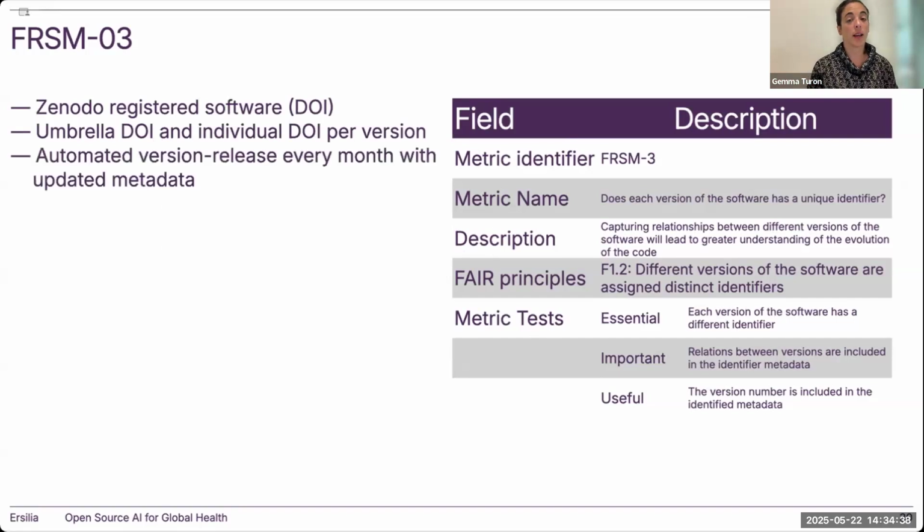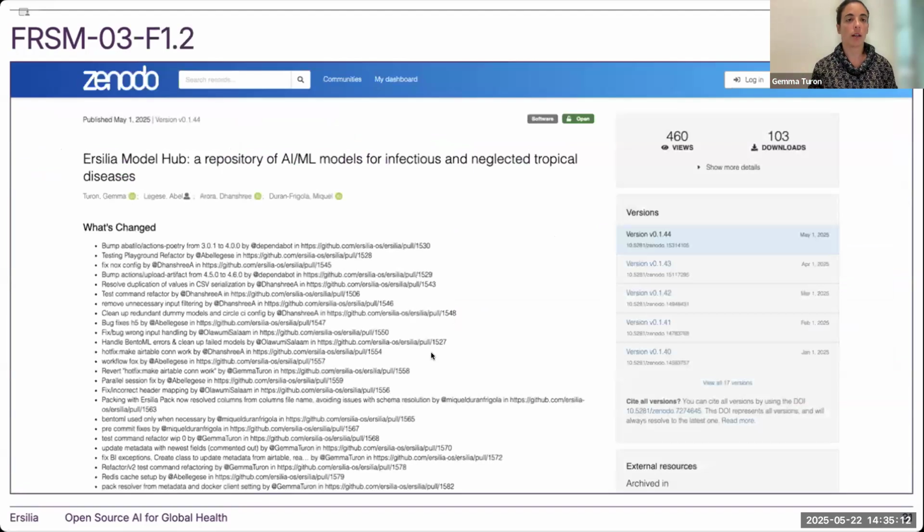And now we've created an automated release. So we've decided internally, this is something that for each research software will be different. But in our case, since at the moment we are working so much and making so many changes every month, there is a new release every month. And whenever we do a big change, we will upgrade one number, the version, and continue with monthly releases. And this happens every month automatically, gets updated to Zenodo, gets updated to PyPI, and to Conda. And this is how people can access the different versions of our software. So that's metric 1. This is our Zenodo repository.